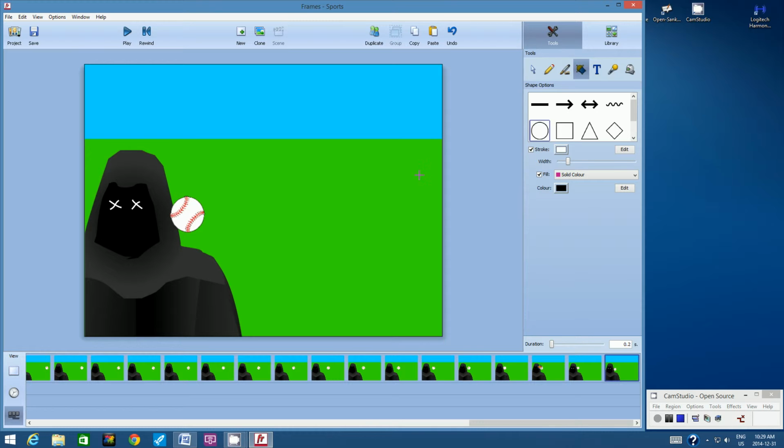So what we want to do is keep the stroke, let's see, gray. We want to match the color to his cloak. So it's not quite black, is it? It's a pretty dark gray. And then I want to also make the same color on the inside. Now we might have to do some adjusting. So let's put a little bump here,